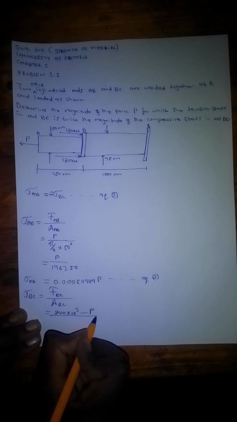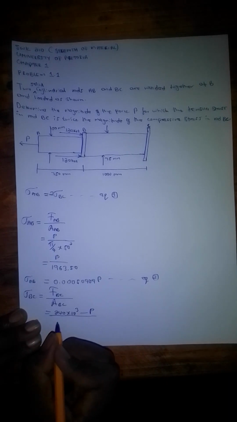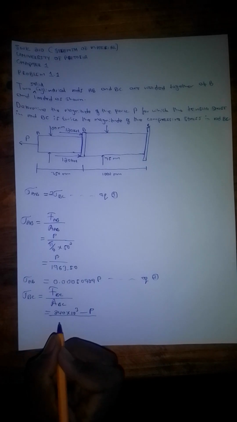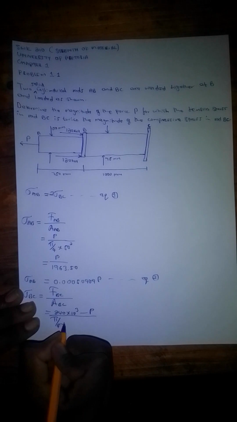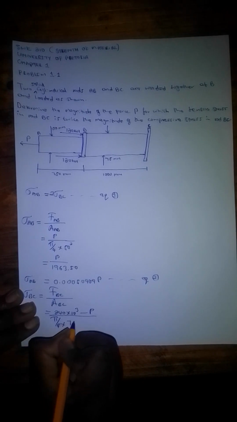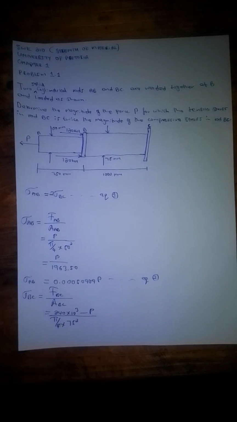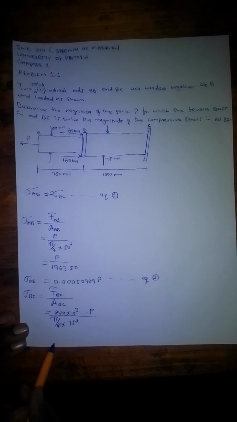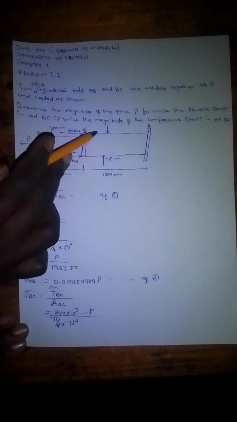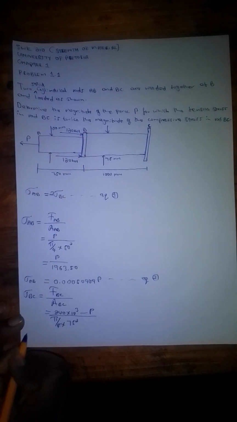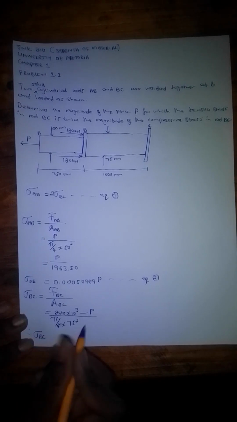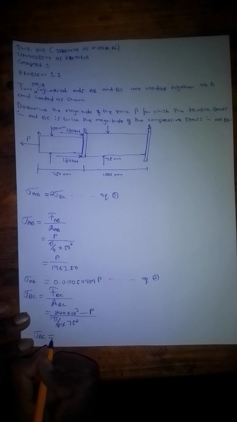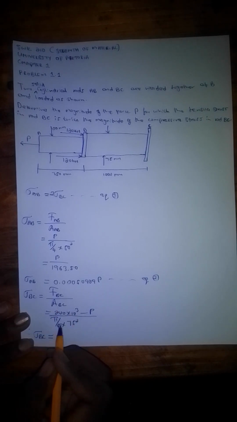So now, when it comes to the area, we know the area is pi over 4 multiplied by 75 squared. This is because the diameter of BC is 75. Now, therefore, the compressive stress in BC, when you do the simplification, is equal to